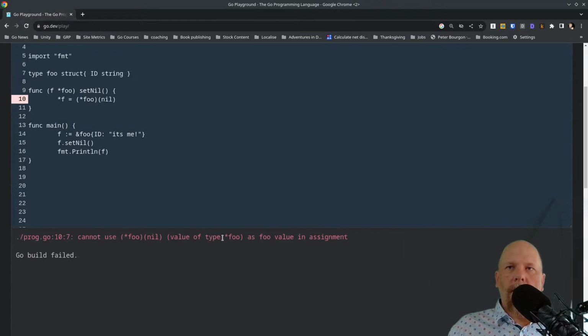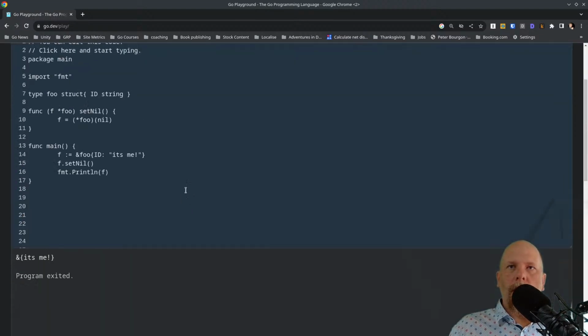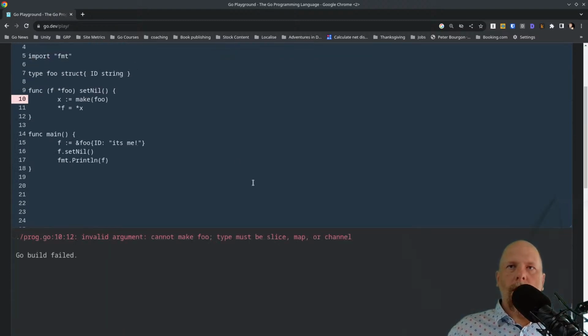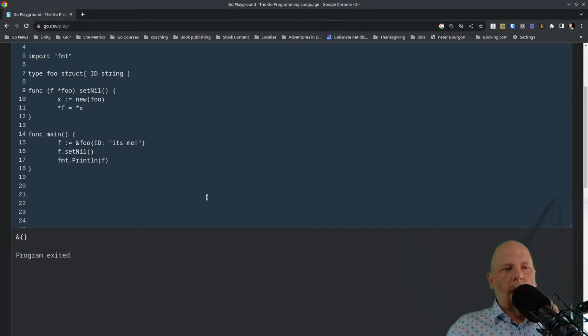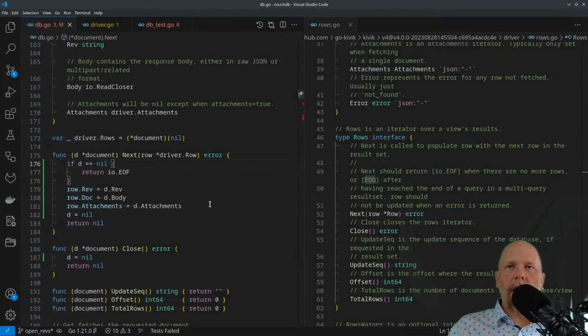Cannot use blah value type before the foo as do, not make. There, that works. So I can update my code to do this. It's kind of ugly, and this is not going to be the way I do it permanently, but